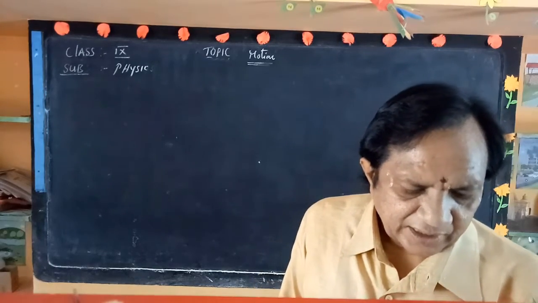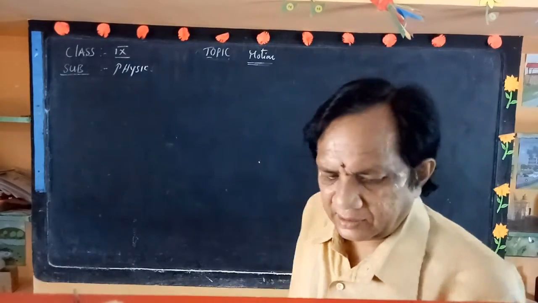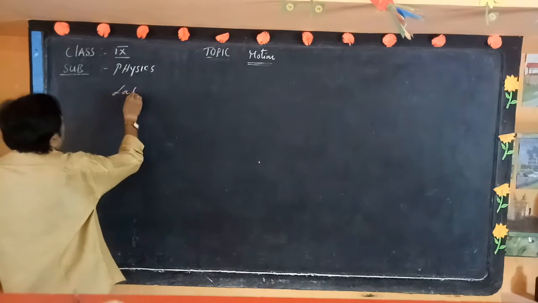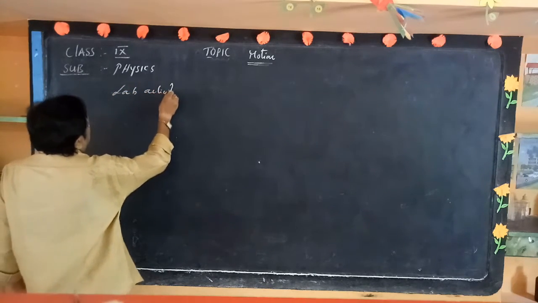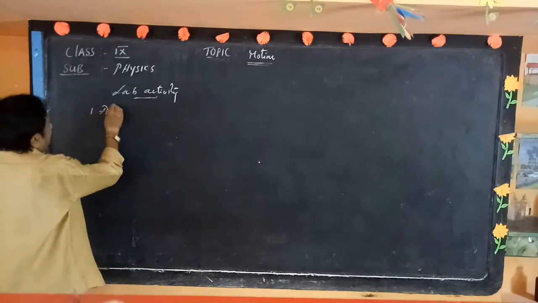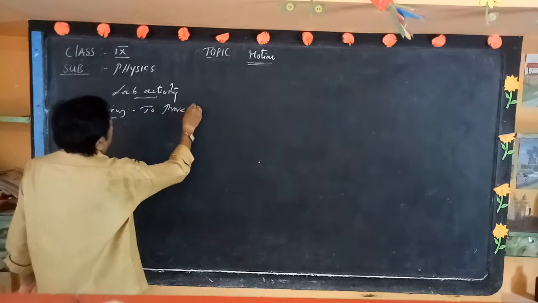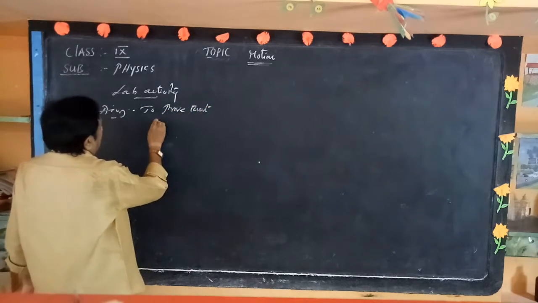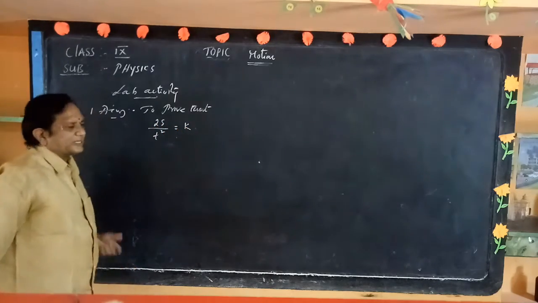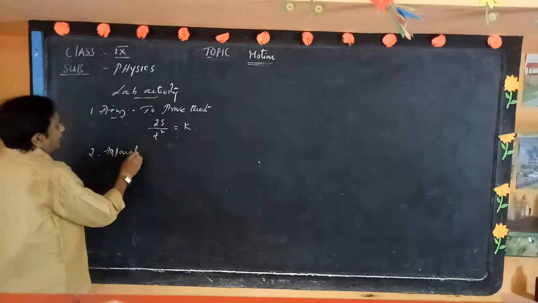For verifying this experiment, we can consider one of the lab activities. We consider lab activity. So in this lab activity, the aim of this experiment is to prove that 2s by t square is equal to constant. So s by t square is equal to constant. For verifying this, required